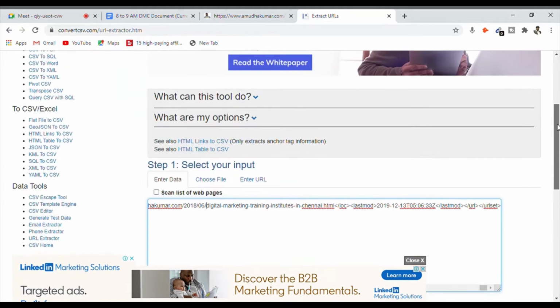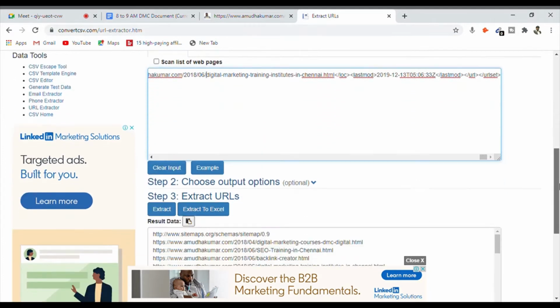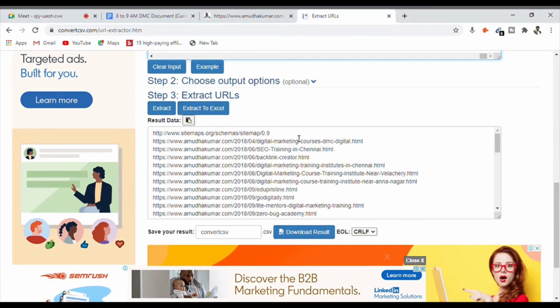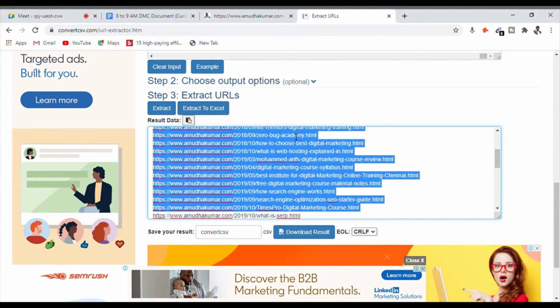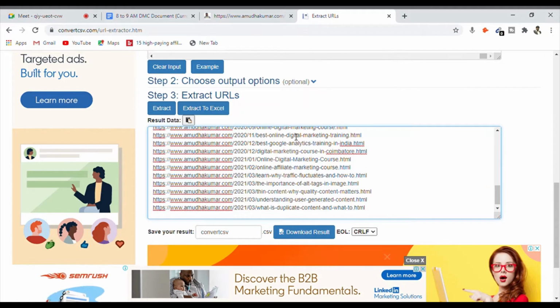Automatically it removes the special characters and gives me only the links that are available. Can you see? All are links, only URLs. Now I got the complete URLs by selecting the text.